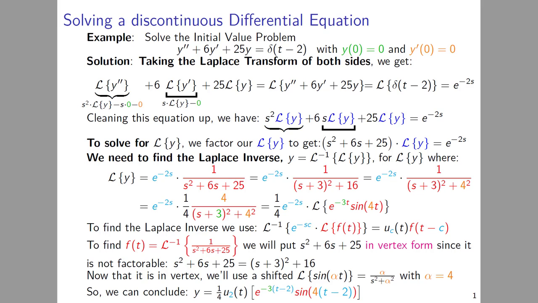However, our solution is given by the shifted step function in terms of u sub 2 of t. The reason for this is that while the impulse only happens at t equals 2, the solution is affected from the time t equals 2 on to infinity. In general, differential equations that involve impulse functions will have their solutions involve a step function,